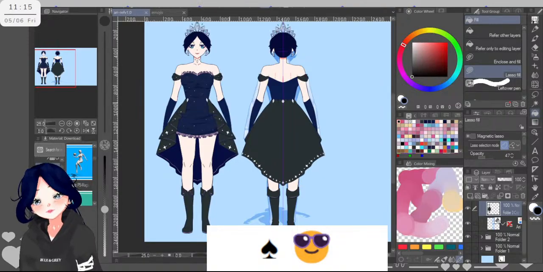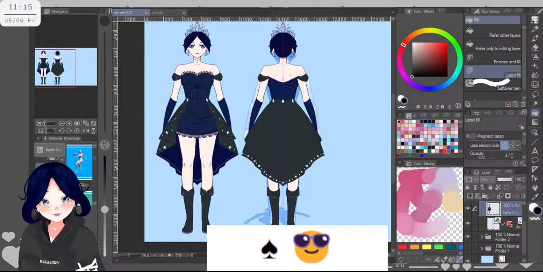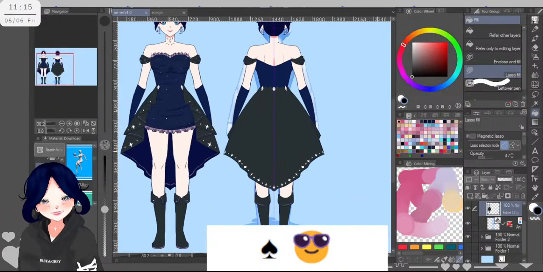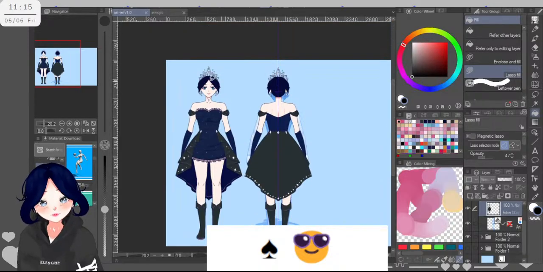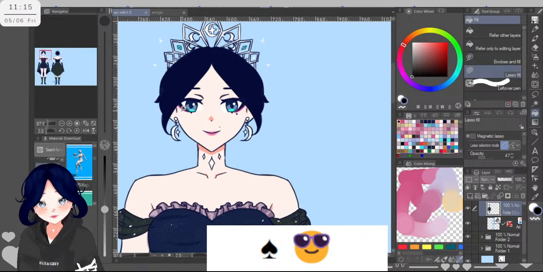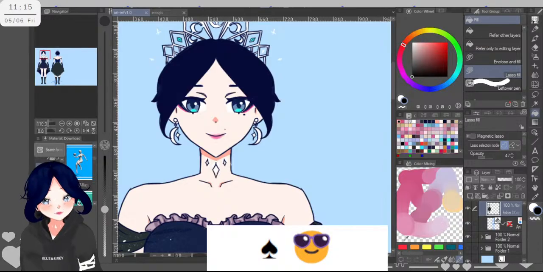Again, I pressed the wrong button. So let's just do a normal art stream. And earlier I was working on this thingy. So I think with this I can actually start working on updating my model pictures. Like for example, I already updated this neck marks thingy, and I don't think